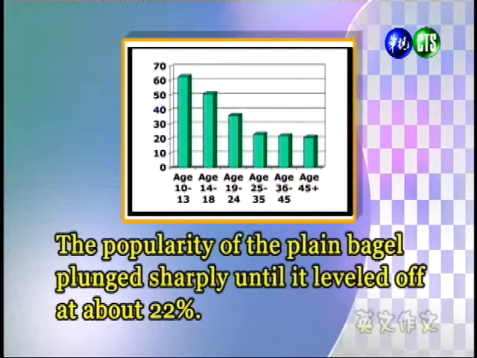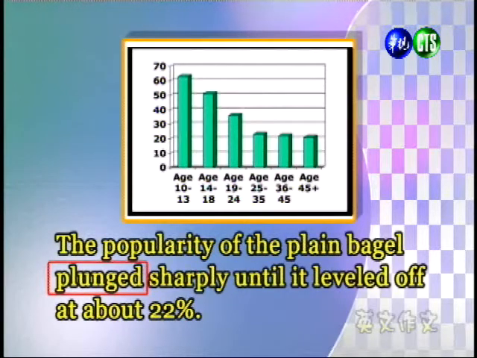And so one way to describe this event is to write the popularity of the plain bagel plunged sharply until it leveled off at about 22%. 好，那我们要描述这样子的一个状况呢，我们可以写出下面的这个句子。我们说原味贝果的受欢迎程度急剧的下降直到22%。 So in this sentence, we use the verb plunge to describe the movement of the data. 好，那我们在这个句子里面，我们看到用了 plunge 这个字来描述资料的走向。